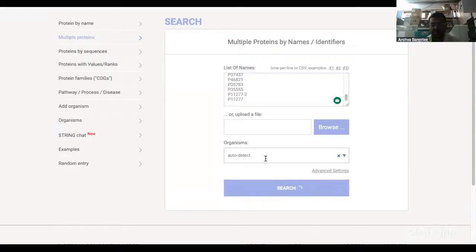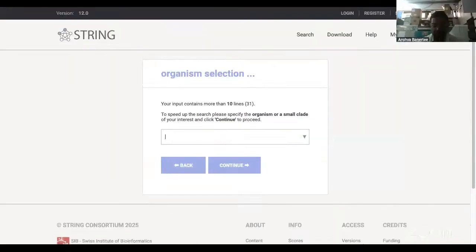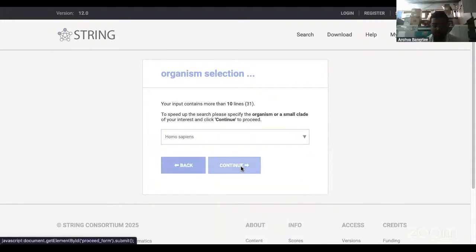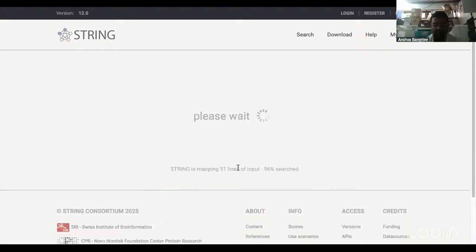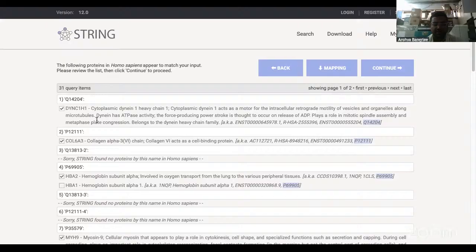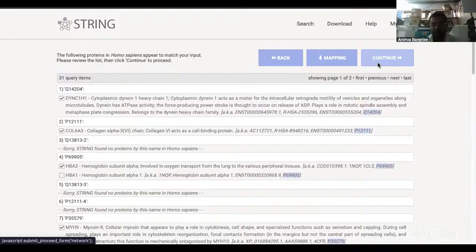You can click on the name as Homo sapiens, wherever you are comfortable. So I got Homo sapiens, then I go to continue. Based on the 31 input proteins, or the autoantibodies or whatever significant proteins you have, it will tell you whether it has found a match with the human database or not. When I click on continue,